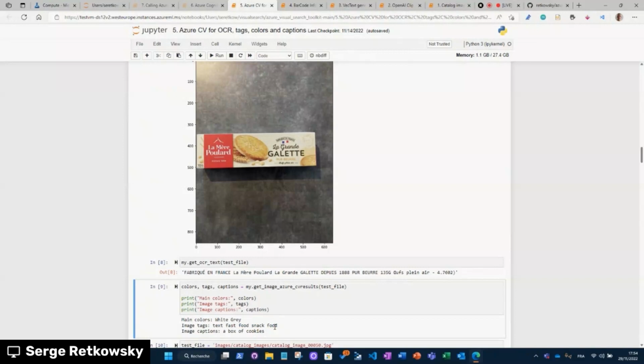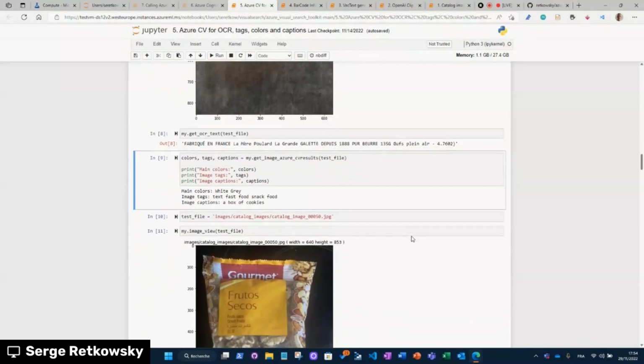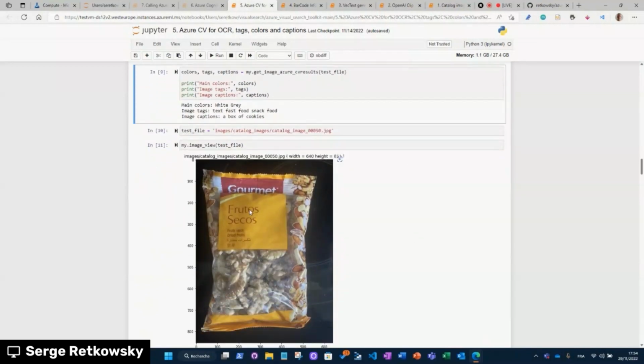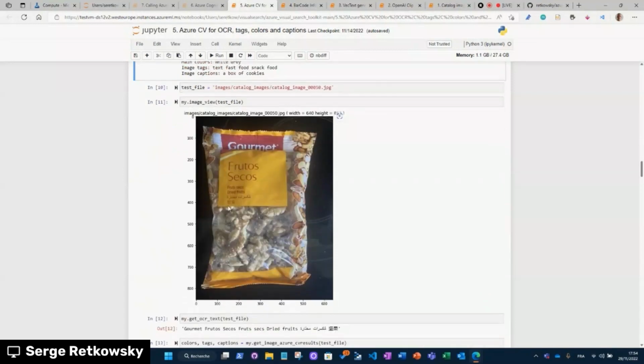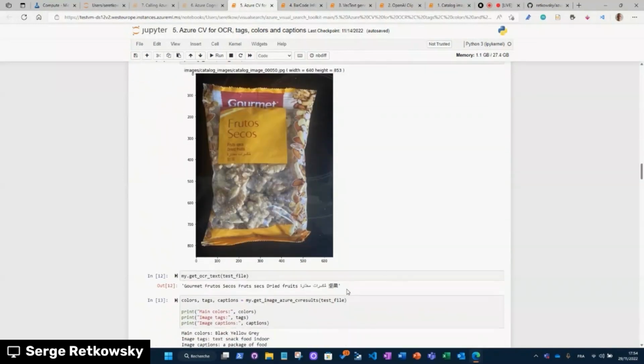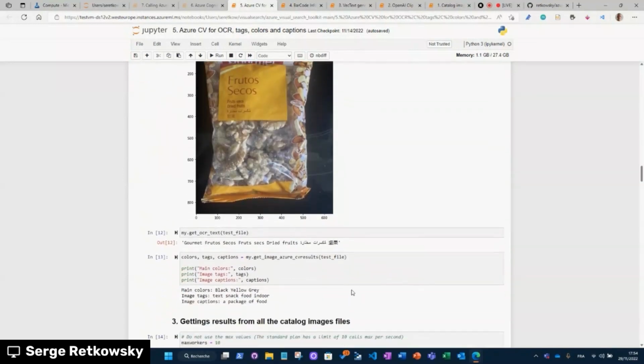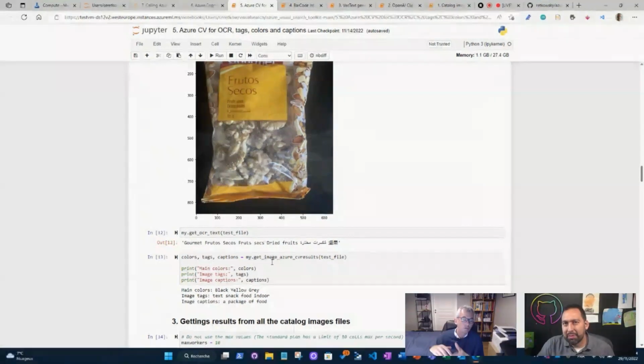That's correct. This is a good result based on this image. Let's have a look at this product. We have some Spanish words, English, Arabian, Asian as well. I can retrieve everything and I have a good description. That's so cool. This is just to collect any kind of information from one image to my Azure